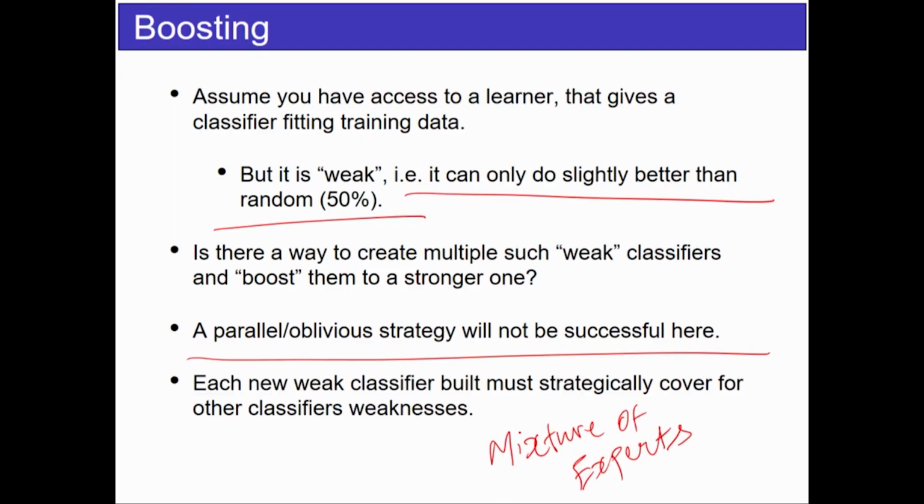Why is it called a mixture of experts? Say, for example, if you are the prime minister and you want to decide on policy. I mean, you can't ask randomly good people. So essentially, you hire one economic advisor. He's not going to be very good at deciding foreign policy for you. But that's why you hire a foreign policy advisor. And then you hire maybe a labor advisor and so on. So you hire different people who are very strong in their area. But if you use them for everything, you're going to fail. If you use your foreign policy advisor for deciding economic RBI rates and so on, you're going to fail horribly. So essentially, you bring in your experts which have different areas of expertise and combine them together. So that's the idea behind boosting.